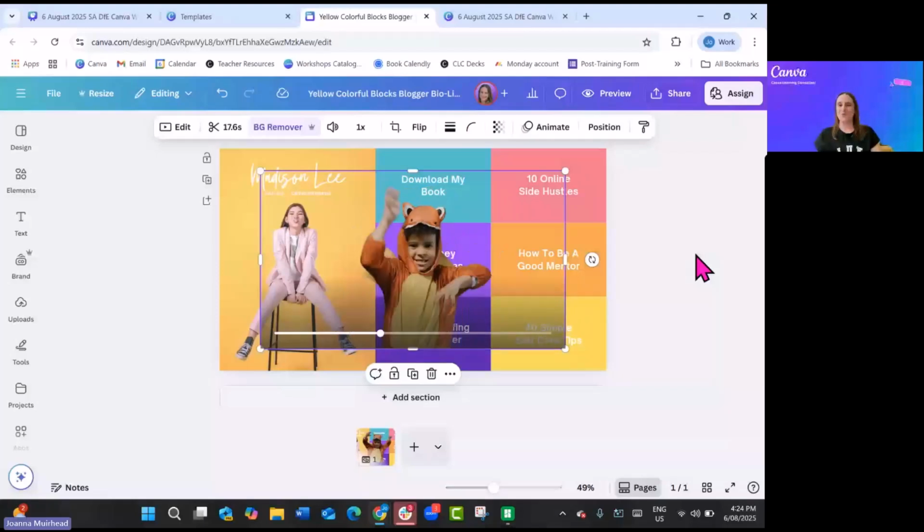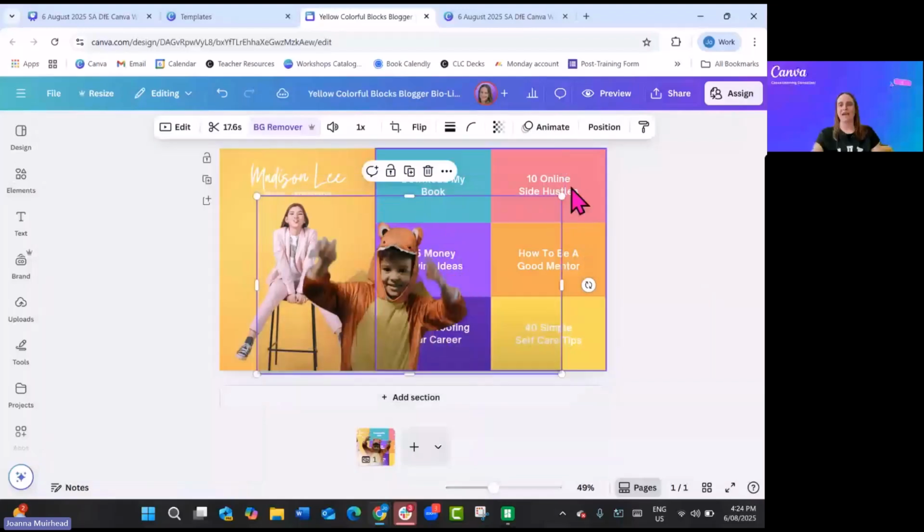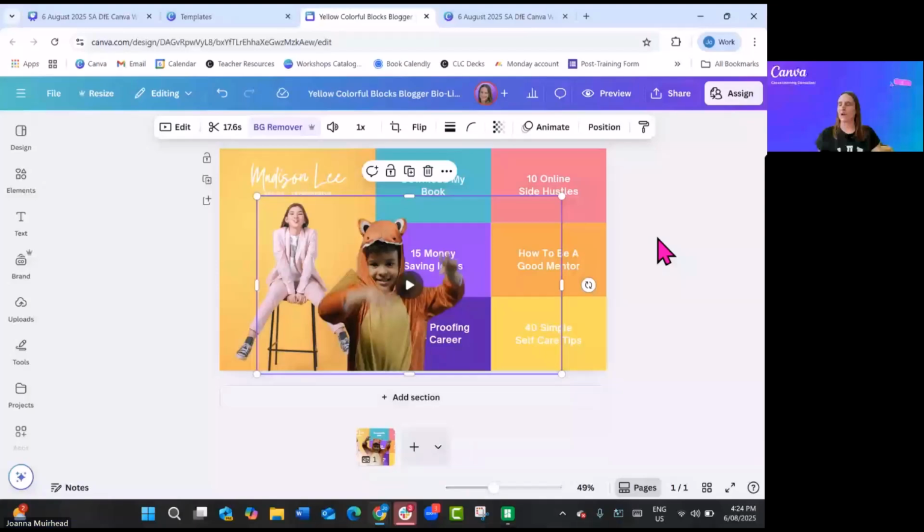So hopefully you've been able to grab a picture there from graphics, photos, and videos and insert that into your space and remove the background there too. Okay. So on my design here,